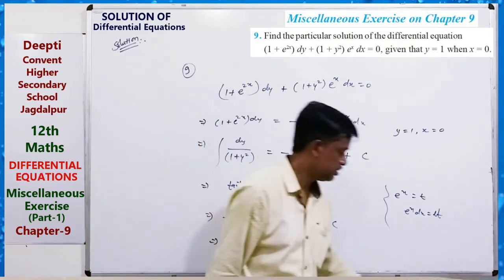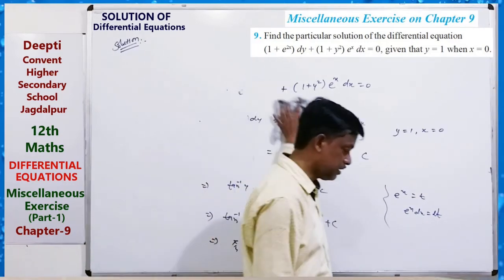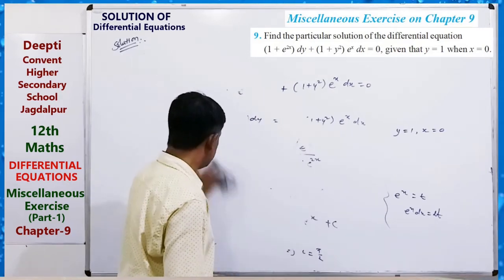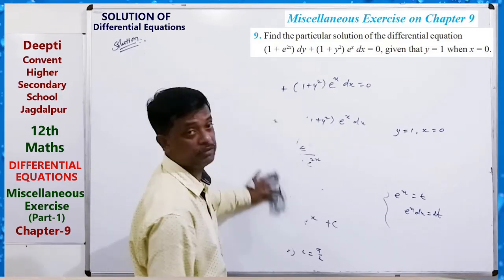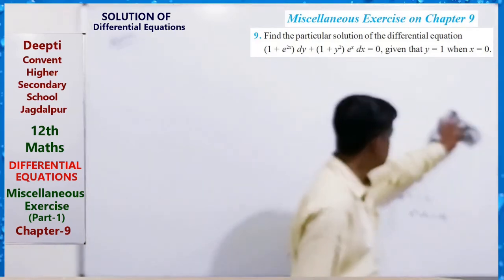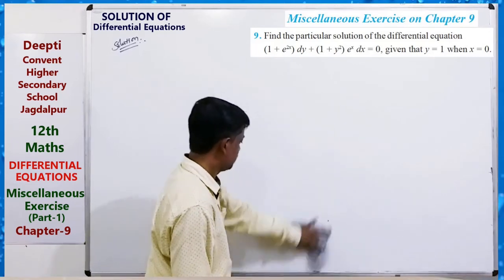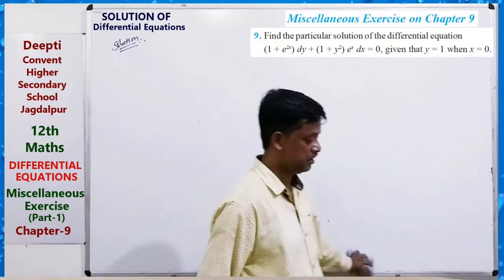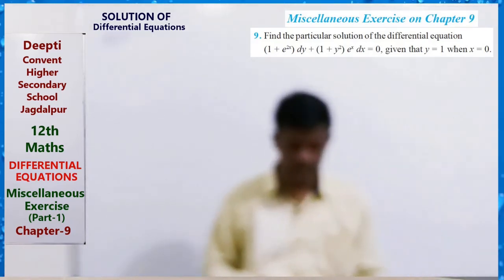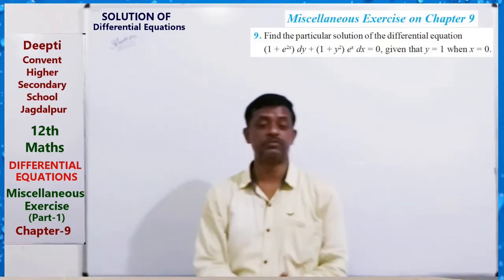That is the solution. So up to question 9 you have to solve from 5. Okay, 5, 6, 7, 8, 9. You have to do it completely in your copy and send me the PDF file for your attendance. Clear? This was the hint of these questions. So today I have completed questions up to 9 of the miscellaneous exercise. You have to send me for your attendance at least the solution of 3 questions. Okay.